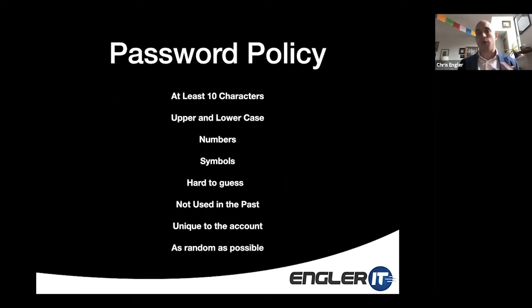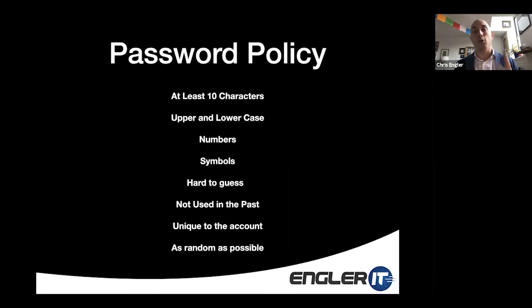And now you're going to tell me, Chris, this seems impossible. How am I going to be able to create these passwords? Number one, it's going to take me a while. And number two, how am I going to remember these passwords? And my answer to you is you don't need to come up with passwords, and you don't need to remember any of your passwords. I know almost none of my passwords, and I make accounts all the time. I don't come up with them, and I don't remember them.